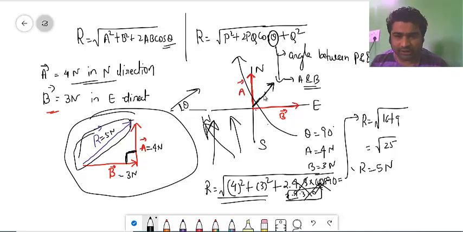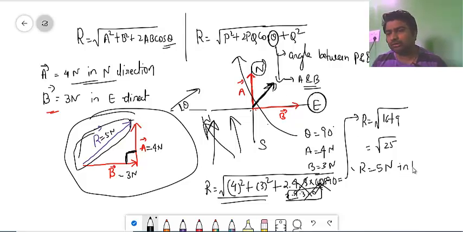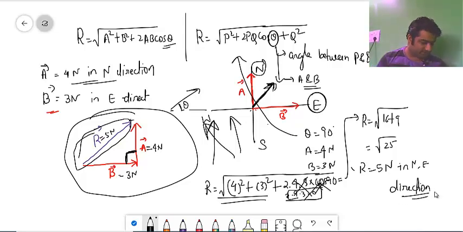So I just brought it here, and what I found is that this line, the resultant, lies between north and east. So the answer will be in the north east direction. So this is the way we will be using this formula. During the live classes, we will solve 4 to 5 questions on this particular formula, so it will be a bit more clear to you.